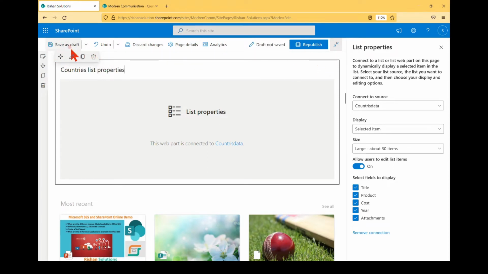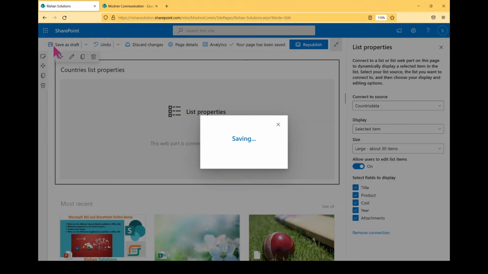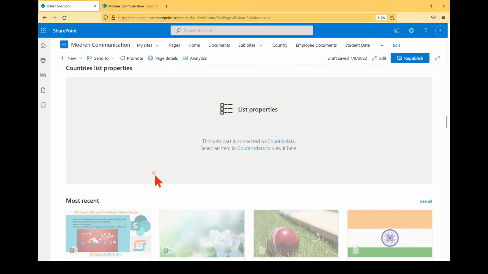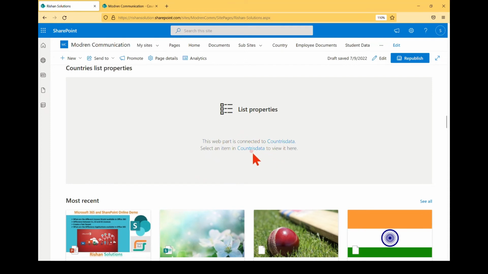Okay, now we'll try to save as a draft. Okay, here this web part is connected to this. Now here select